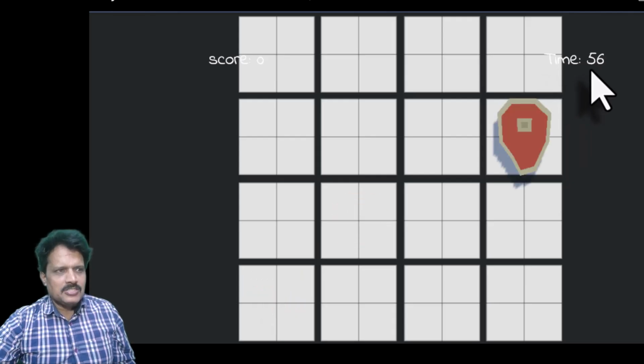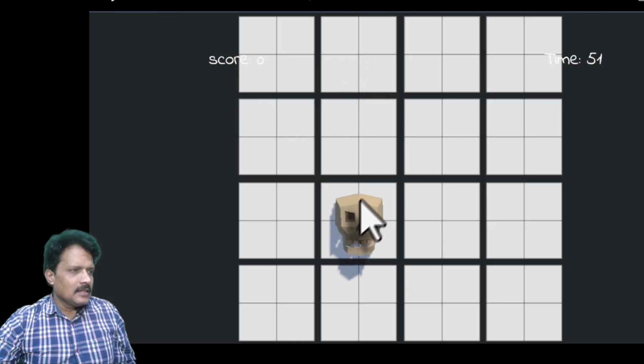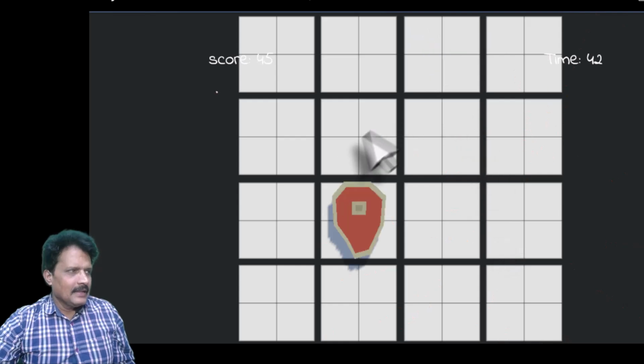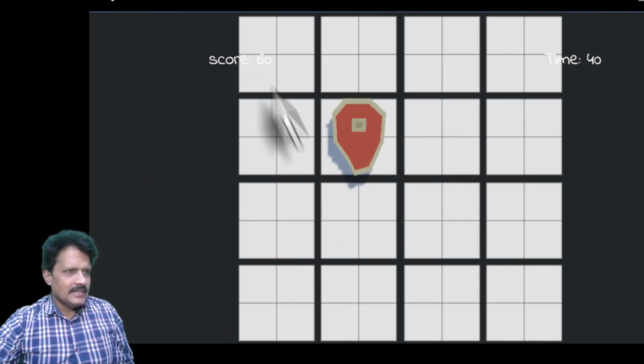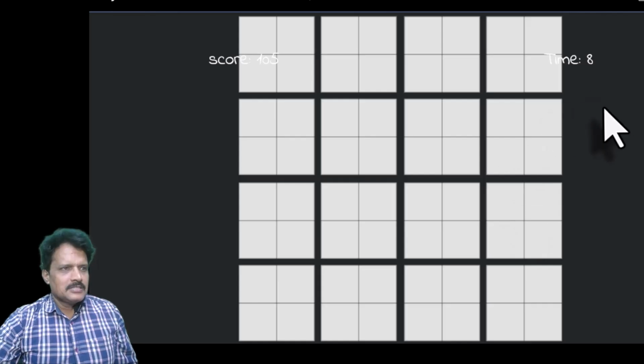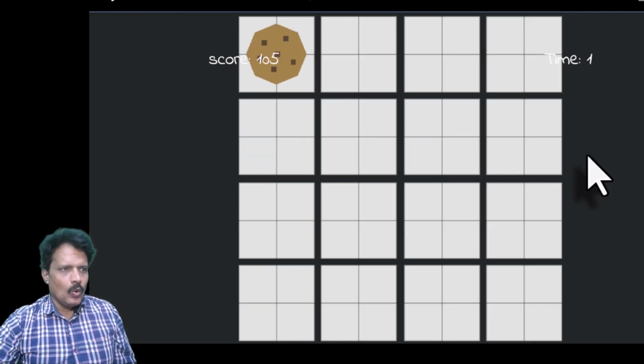You can see 56, 55, 54, the timer is running. So as I click the objects here, the score is going to get updated here. As I run it, the score will be updated. Now the score is on the left hand side and timer is on the right hand side. Now you are seeing the time 8, 7, 6, 5, 4, 3, 2, 1, 0, and you see the game